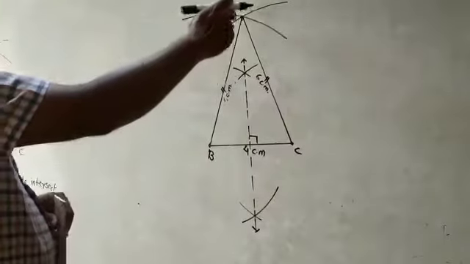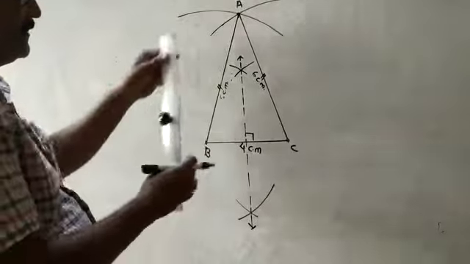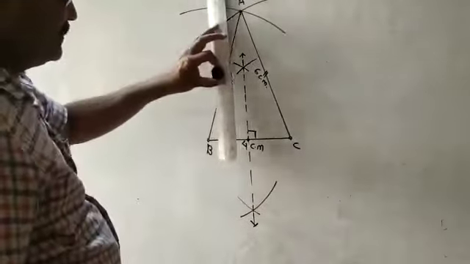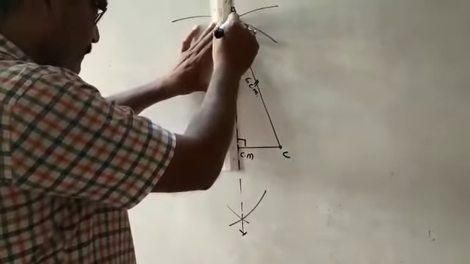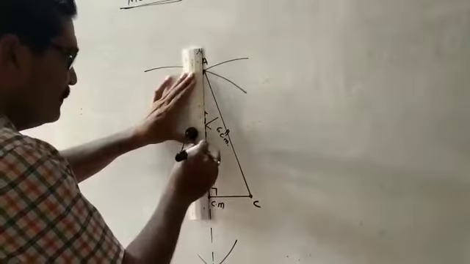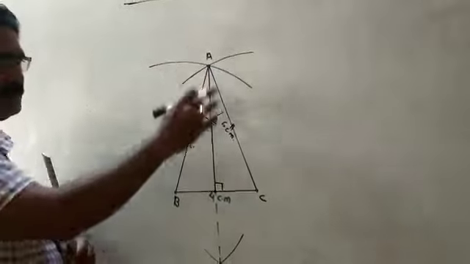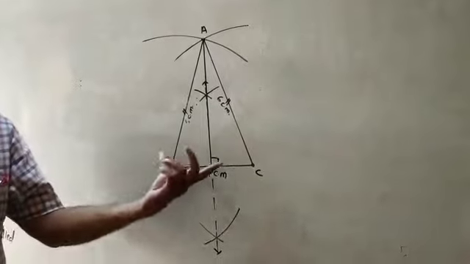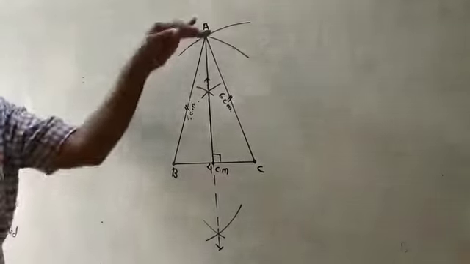You have to draw the median from the vertex A to this side BC. At that time, you have to join this point and vertex A like this. In the isosceles triangle, the altitude, perpendicular bisector and angle bisector will come the same. Means this is your median. Means this altitude and the median are one and the same, or the perpendicular bisector and the median are one and the same. So this is the median.